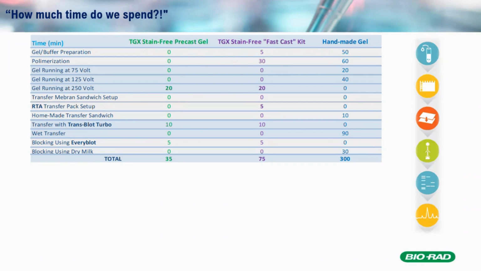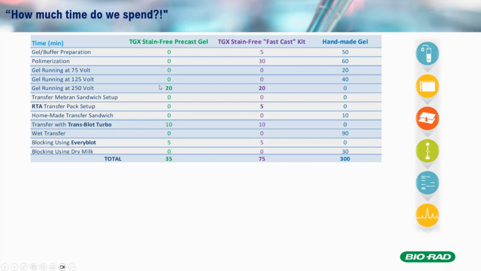But how can we help with our precast or fast-cast solutions? We do provide precast gels, yes, but we also provide the fast-cast gel solution kit, with which you can cast your own stain-free gel, and you can use these gels as precast quality gels: shorter running time, really short preparation time, compatible with stain-free and quick blotting. So I will give some